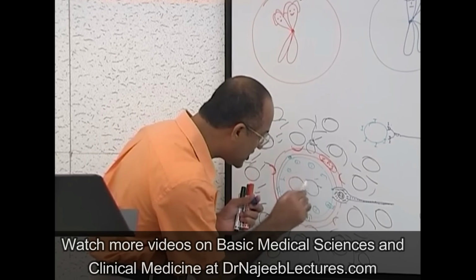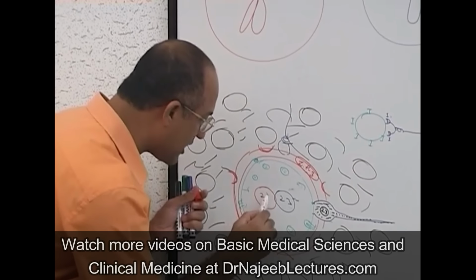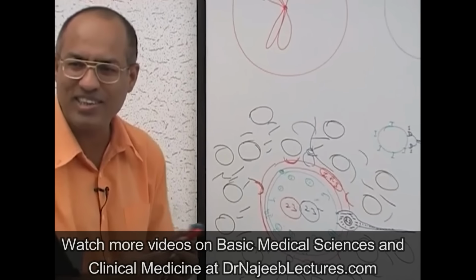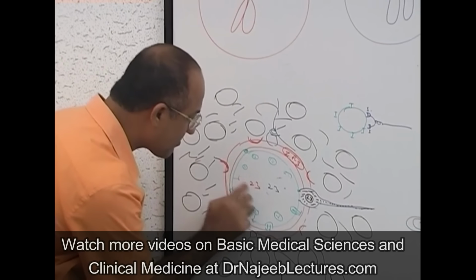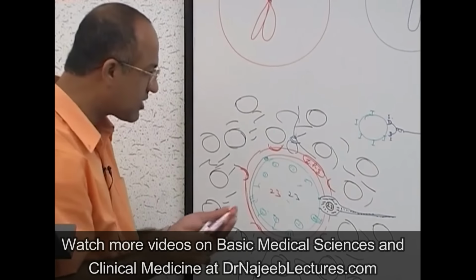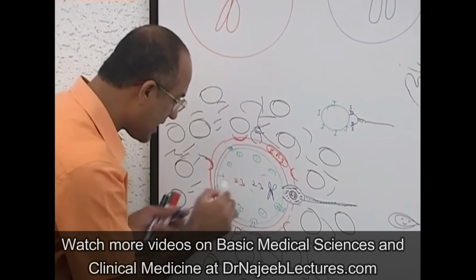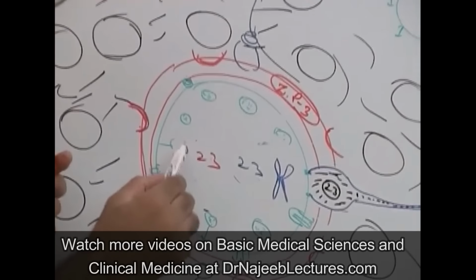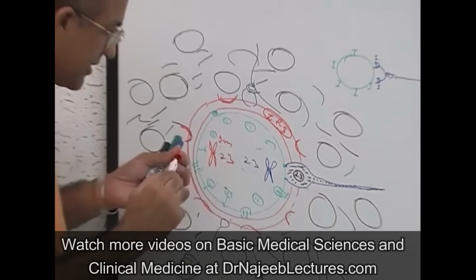As soon as they touch each other, these 23 chromosomes and these 23 chromosomes are too desperate to meet each other to make a new human being, so the membranes dissolve. But this is 23 with double copy. I mean, it is like this and like this. And this is 23 also with double copy. But I am just showing, suppose chromosome number 1 maternal and this is chromosome number 1